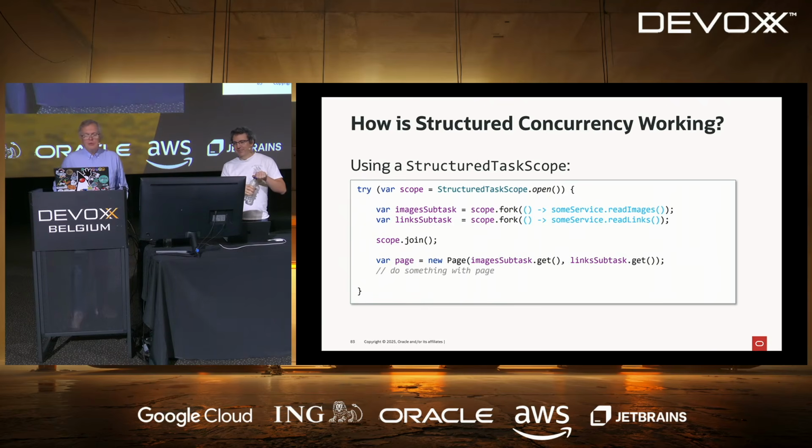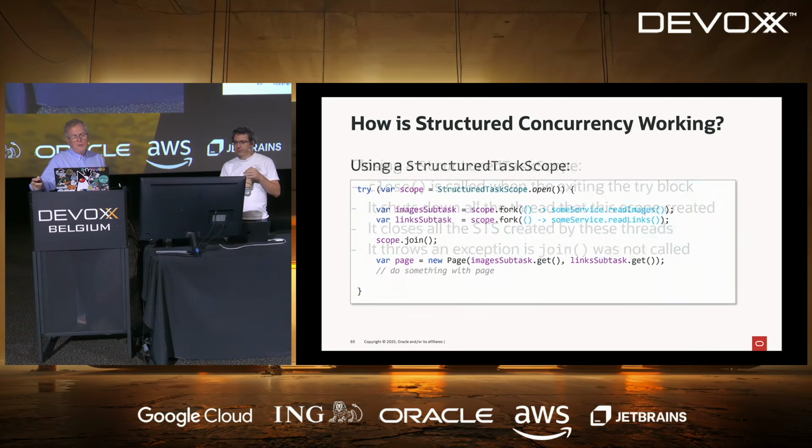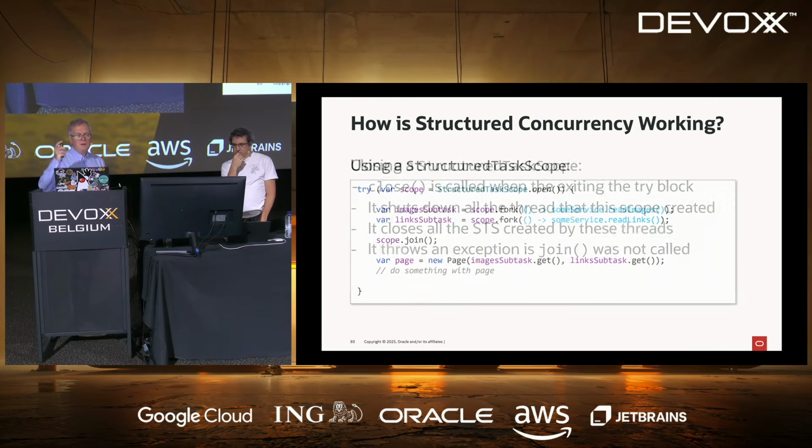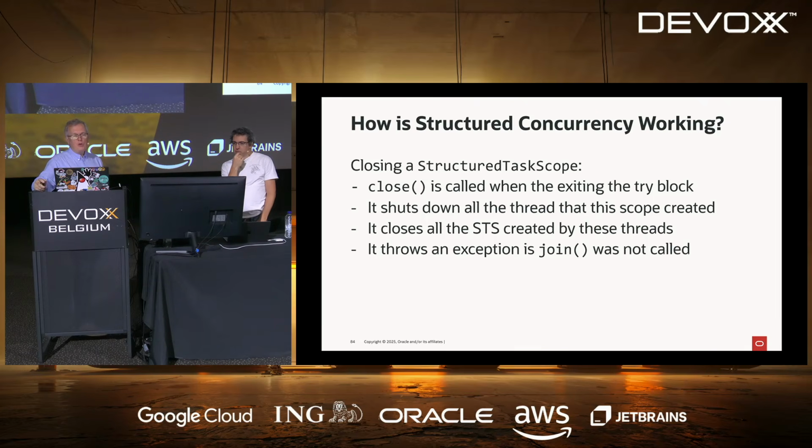And once you've done that, you can just call get. And if you call get, you're quite confident because you know that there is a result in your subtask object. If you're not confident in that, you can also check the state of this object, we'll see that later, and see if there is actually a result or an exception. But this is what you could be doing, and then return page or do something with page. So that's the basic pattern of this structured task scope object, and we're going to see much more about it later.